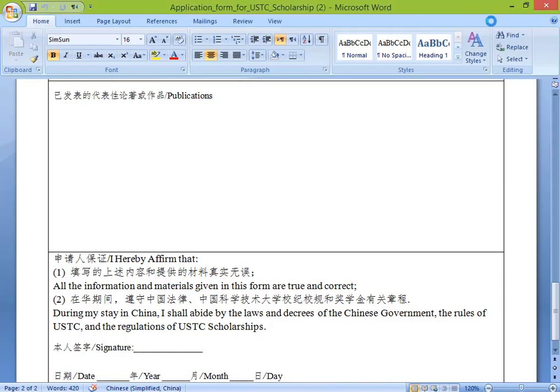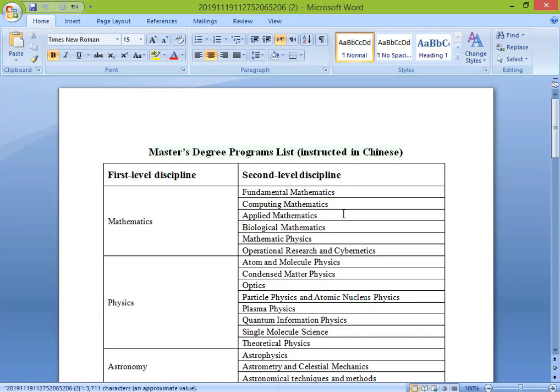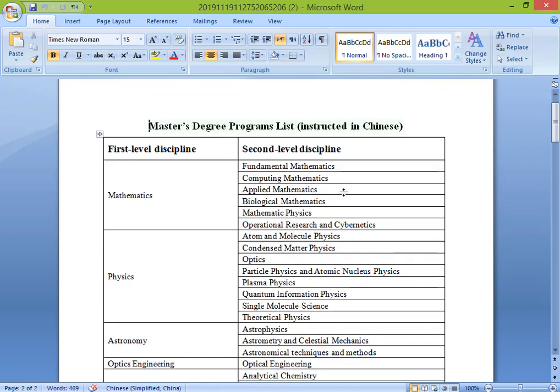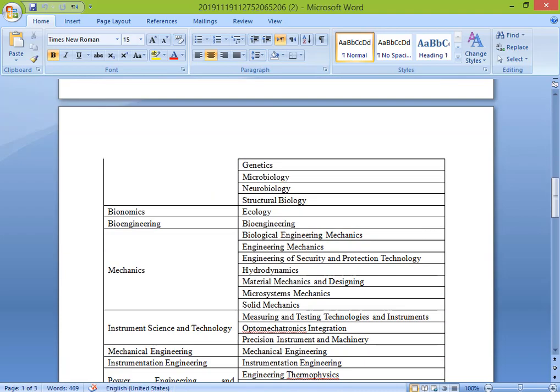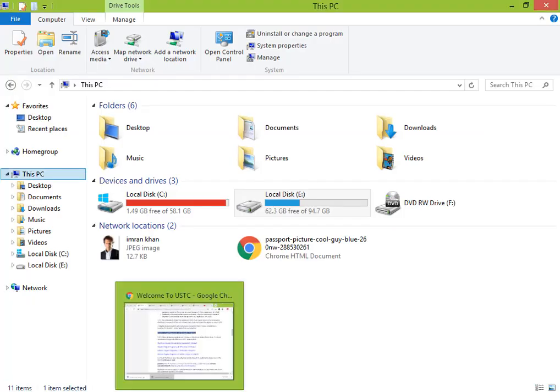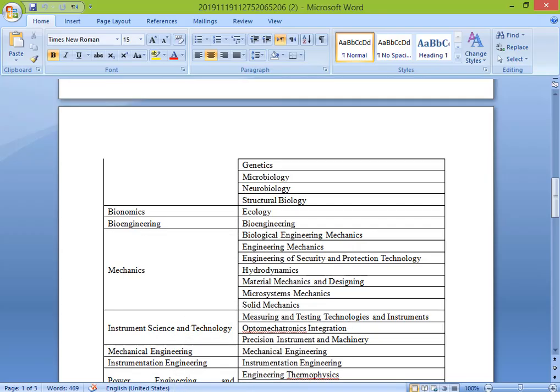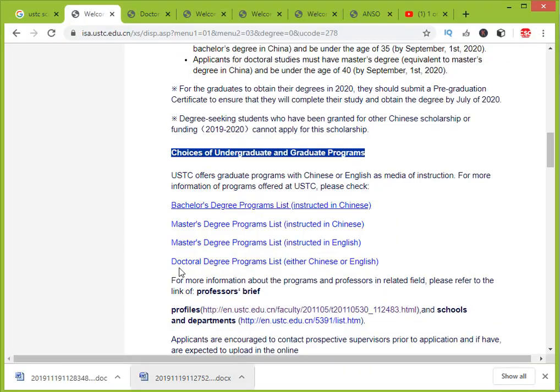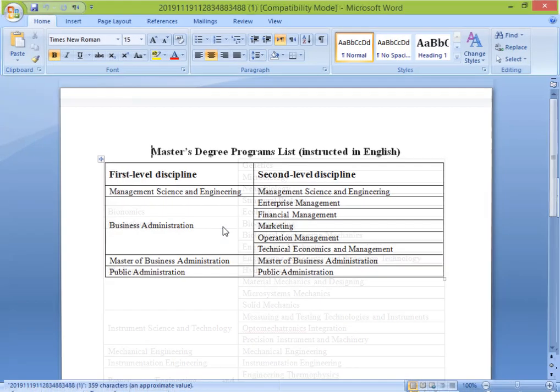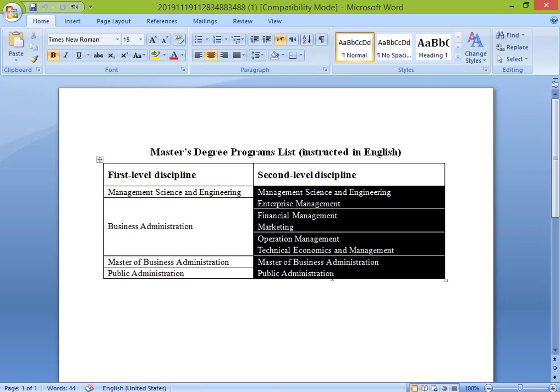For bachelors all the programs are in Chinese, and for master it's both Chinese and English. This is a list of the programs instructed in Chinese, and the scholarship programs. The main scholarship programs for master are in English. These are the programs which are instructed in English.